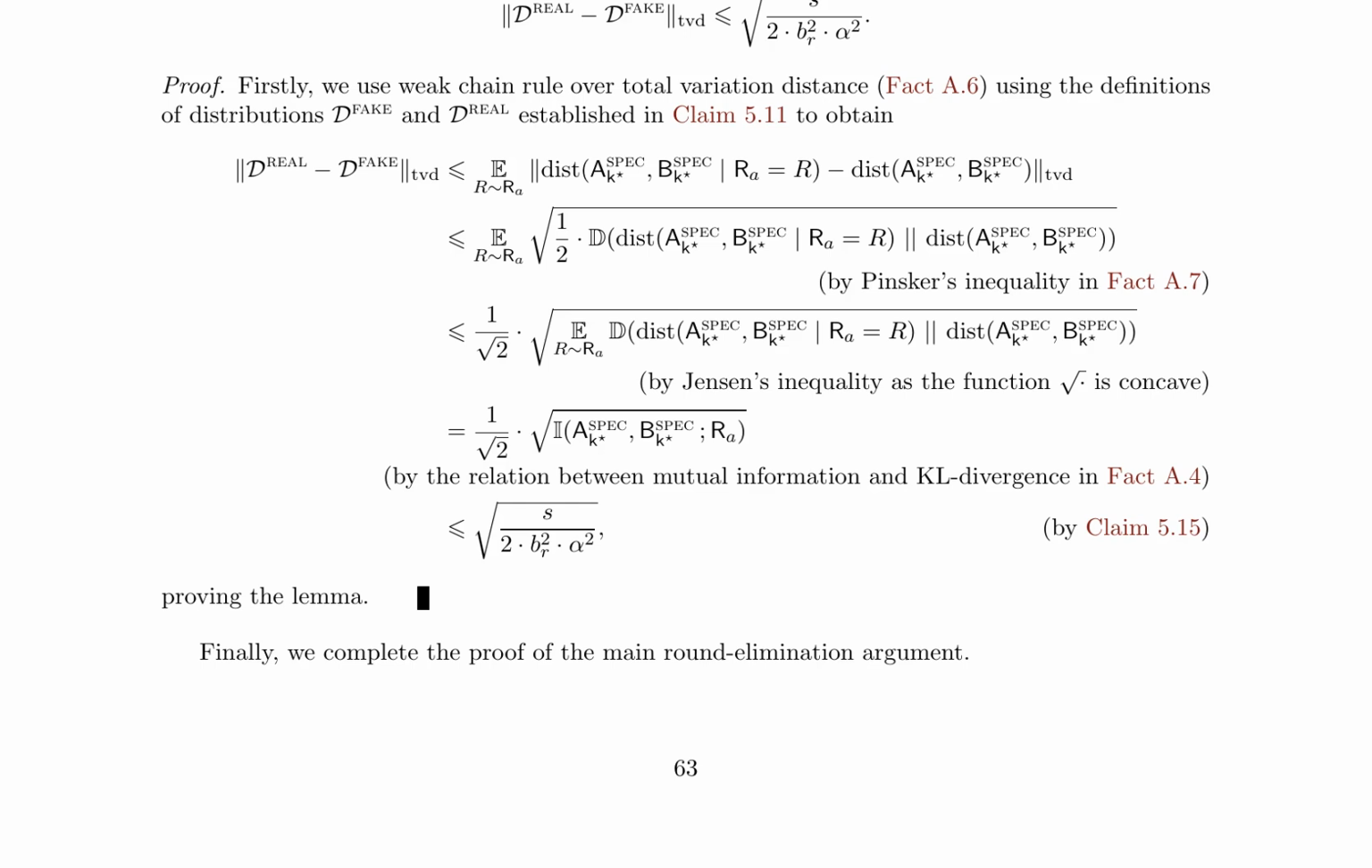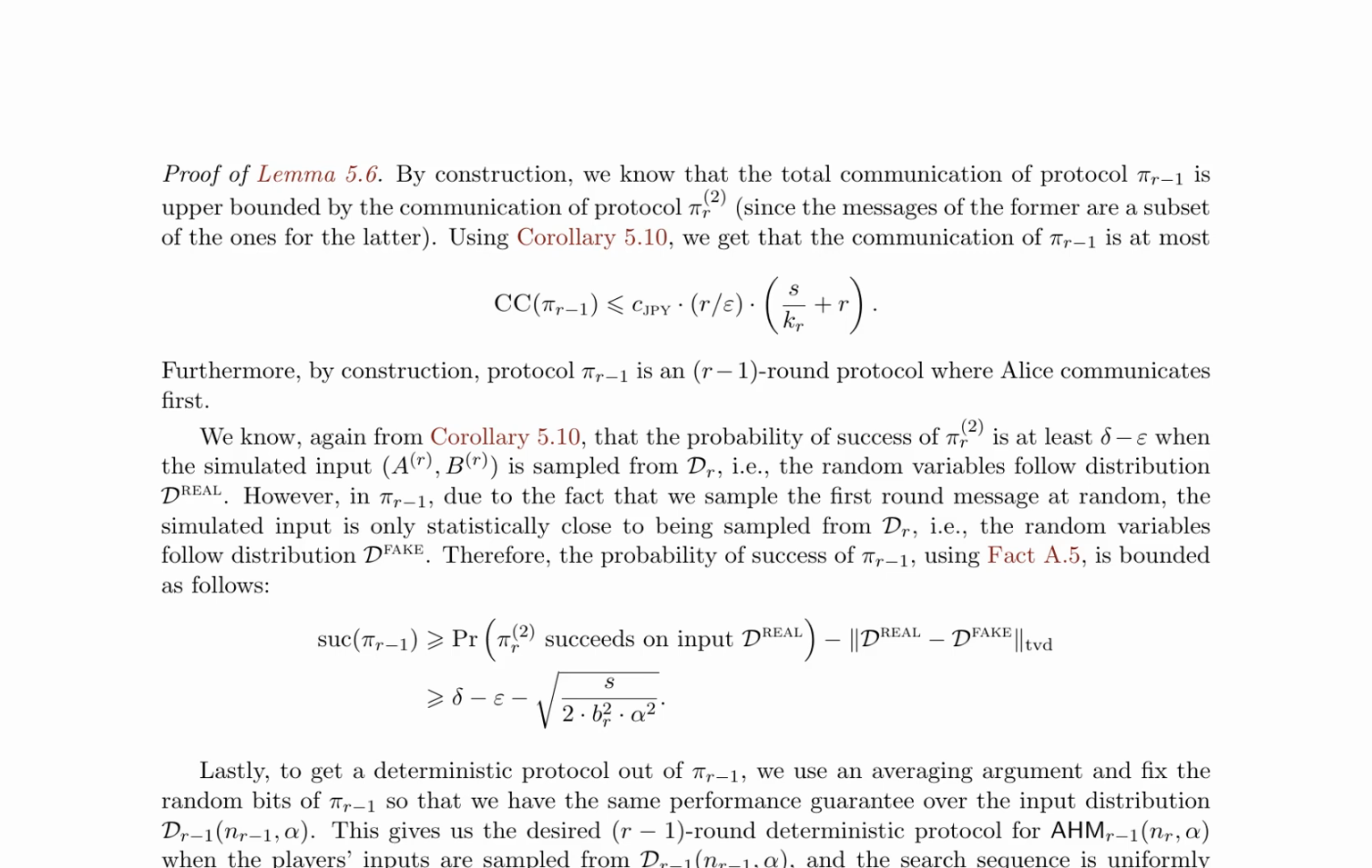They use Pinsker's inequality and Jensen's inequality to bound the total variation distance between the two distributions, ultimately resulting in the inequality that the total variation distance between D_real and D_fake is less than or equal to R S B2R alpha 2. This completes the proof of lemma 5.16. The authors conclude by noting that this result completes the proof of the main round elimination argument. The proof of lemma 5.6 establishes an upper bound on the communication complexity of protocol Π_{r-1}, demonstrating that the